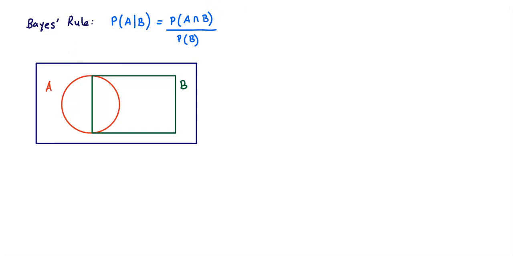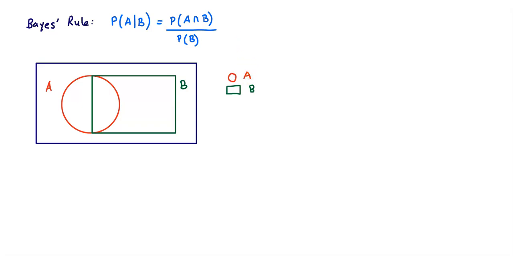So what we want to do is think of the probability of event A and B not just as a formula, but actually in terms of areas, right? So what do I mean by that? Let's write down a few things, and hopefully it will become clear as to what I'm trying to say. So before that, I want to just create a small legend. So the rectangle represents event B. The circle represents event A,